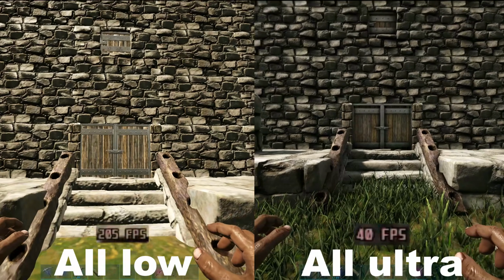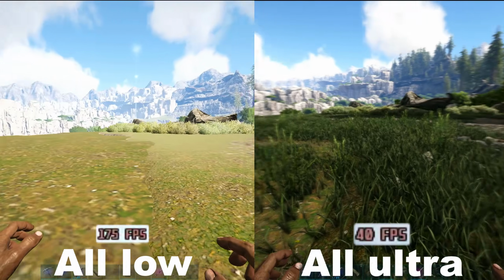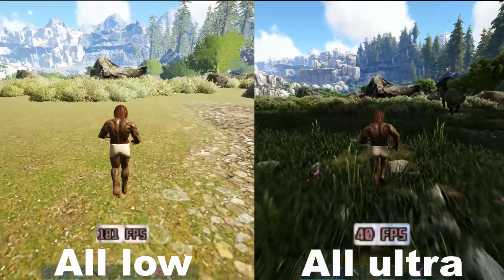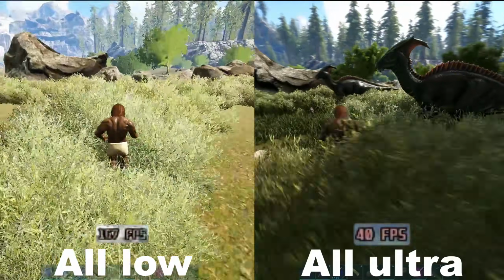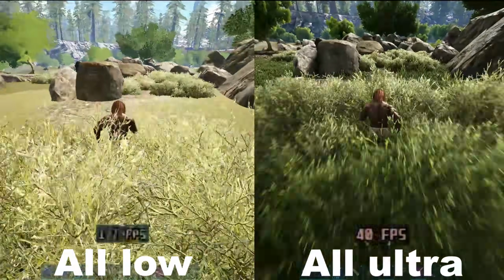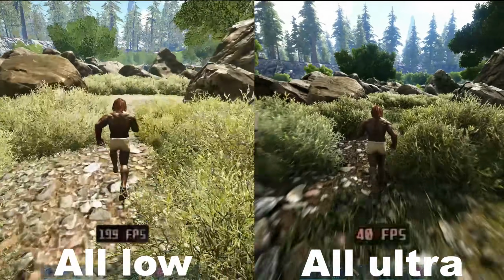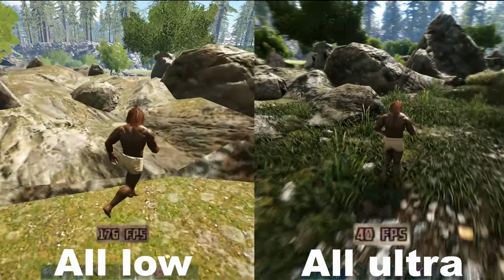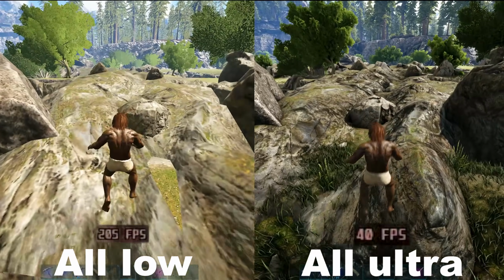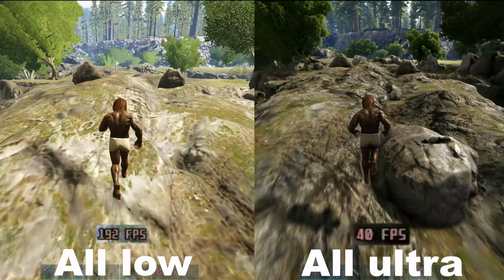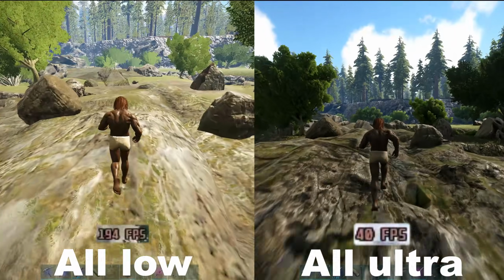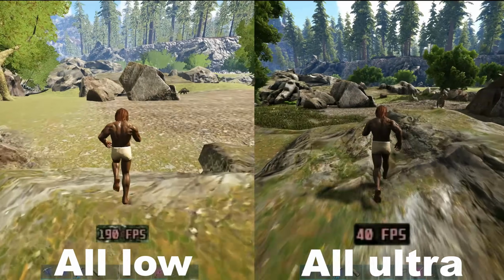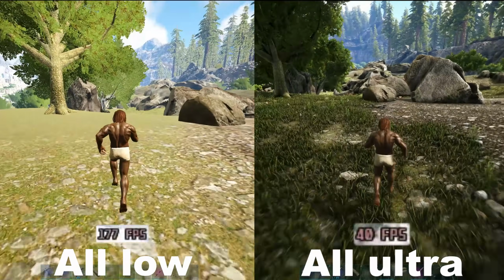Okay ladies and gentlemen, let's get right into the video. First of all, I just have a short clip showing the difference in both FPS and fidelity when you have the game set to the lowest that you possibly can and to the highest that you possibly can within the settings of the game. As you can see, there's a huge difference in both the fidelity of the game, the way it looks, but also in the FPS. So we have a lot of headroom we can work with in terms of FPS, and also in terms of making sure that the game still looks good enough that we still want to play it.